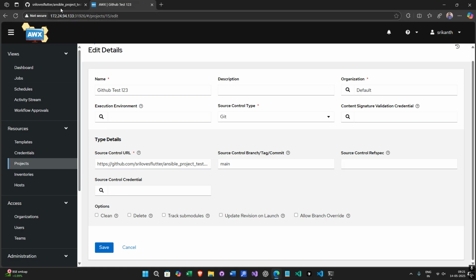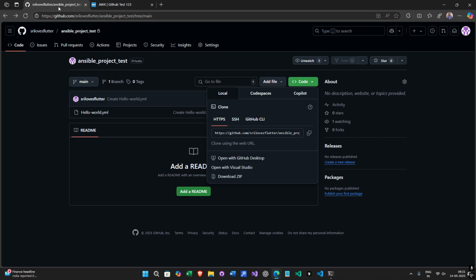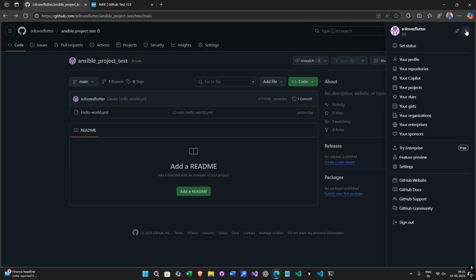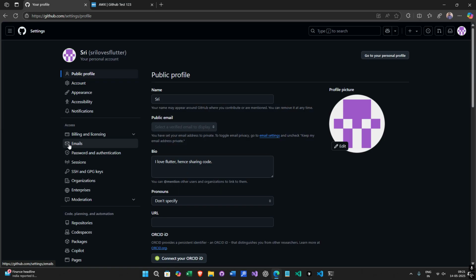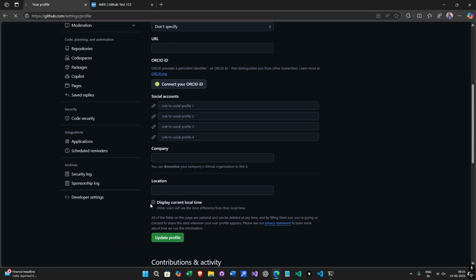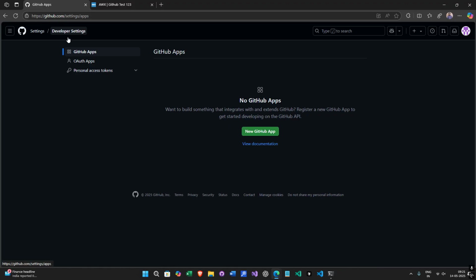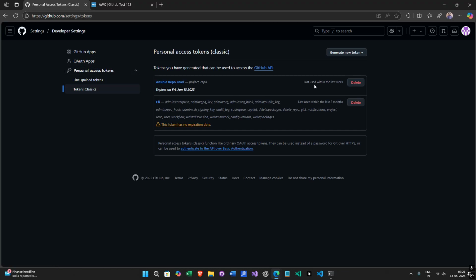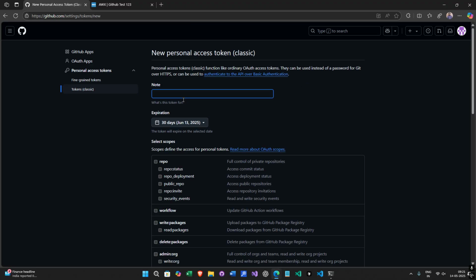For that, I'm going to go back to my GitHub, and from here I'm going to go to my settings and then create a token. So I'm going to developer settings, then personal access tokens, and token classic. Here I'm going to generate a new token. I already have a few tokens created for other purposes. So I'm going to generate new token classic, and here I'm going to give the name Ansible repo